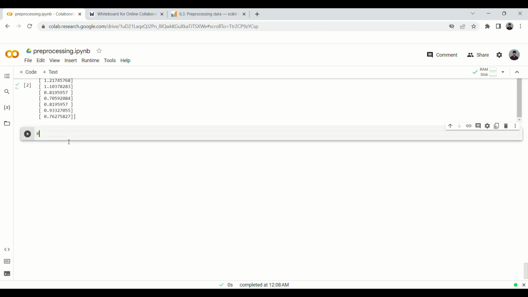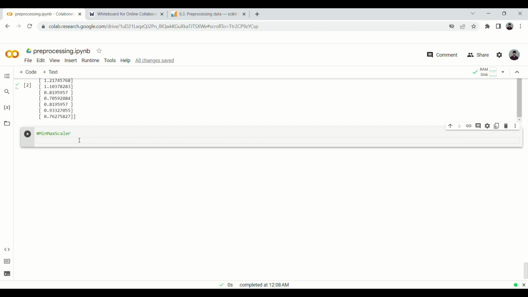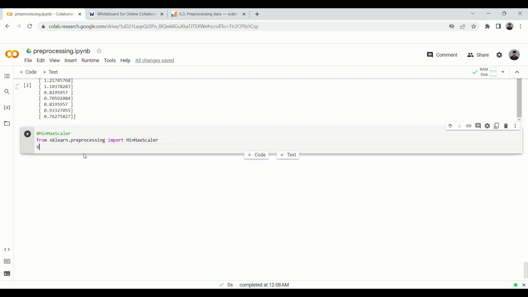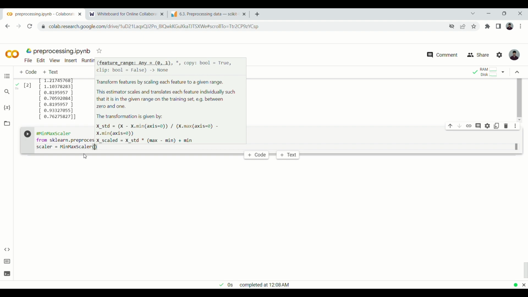So hashtag MinMaxScaler. I just added a comment over here. From sklearn.preprocessing import MinMaxScaler. Now again we'll use the same variable, scaler equals MinMaxScaler, and this time we'll take a feature range,